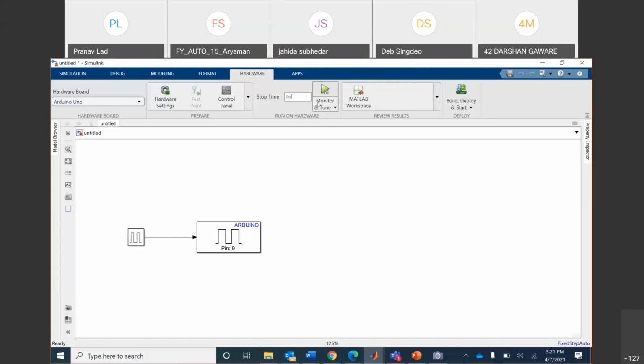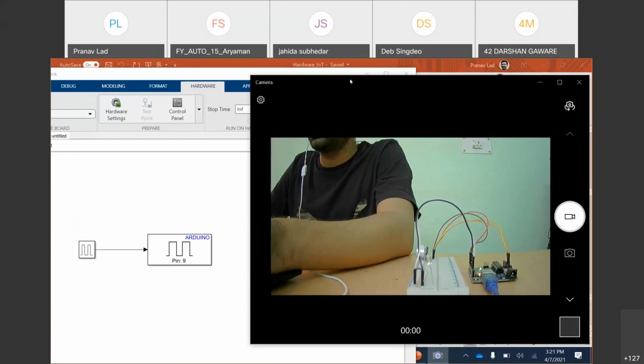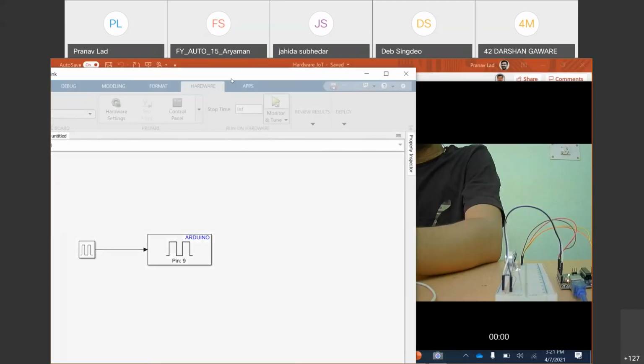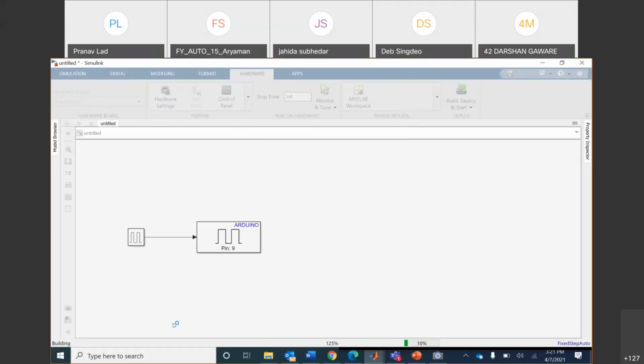Right now, I'll be using monitor and tune. So let us see how that works. If I click on this monitor and tune button, it says the model is building, it's compiling here, right? And code generation is happening. What does code generation mean? This was a block diagram model, right? So it converts it into code,